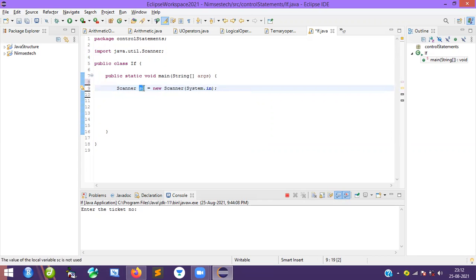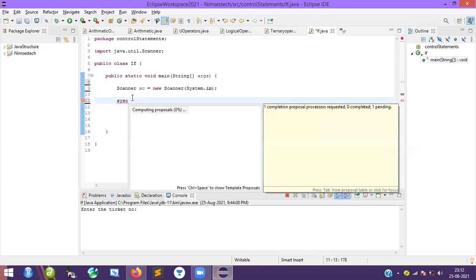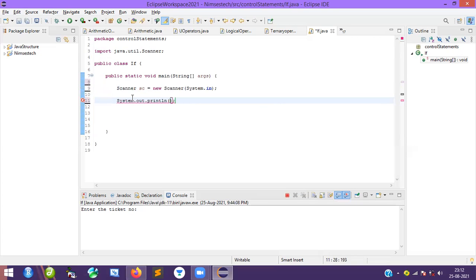Using this object, I am going to call the methods available in the Scanner class to take input as an integer, character, float, whatever it may be. First, I am going to request with SYSO: enter your age.